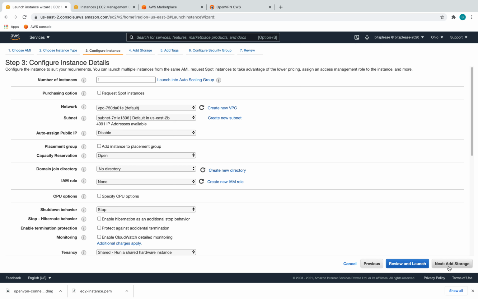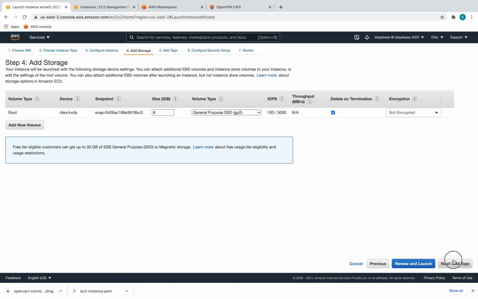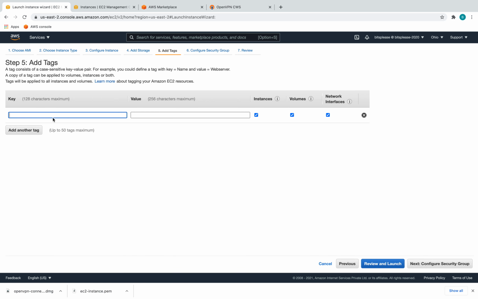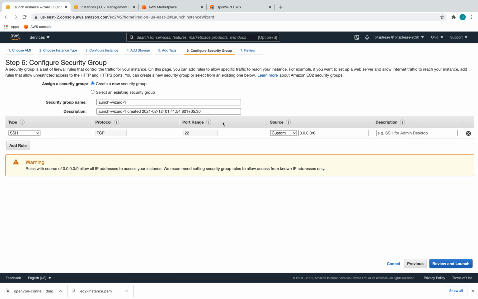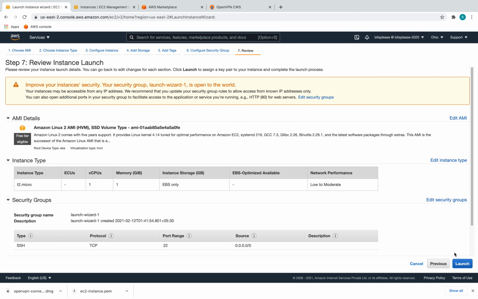So that being said, I'm going to say add storage, right? Pretty much keep default. I can add a tag here. I'm going to say name, and probably private VM or private instance. Let's call this private instance. And yeah, let's go. The security group is going to give you a default SSH group, which is more than enough. So I'm going to say review and launch,